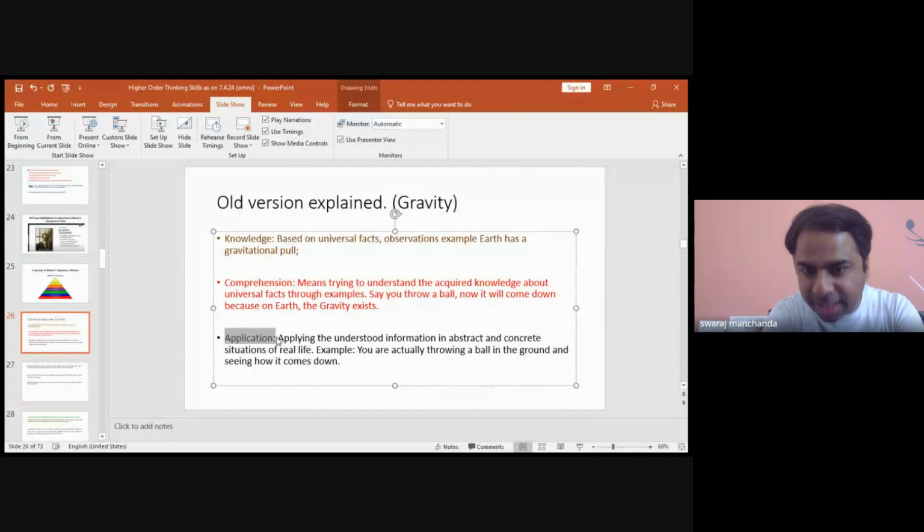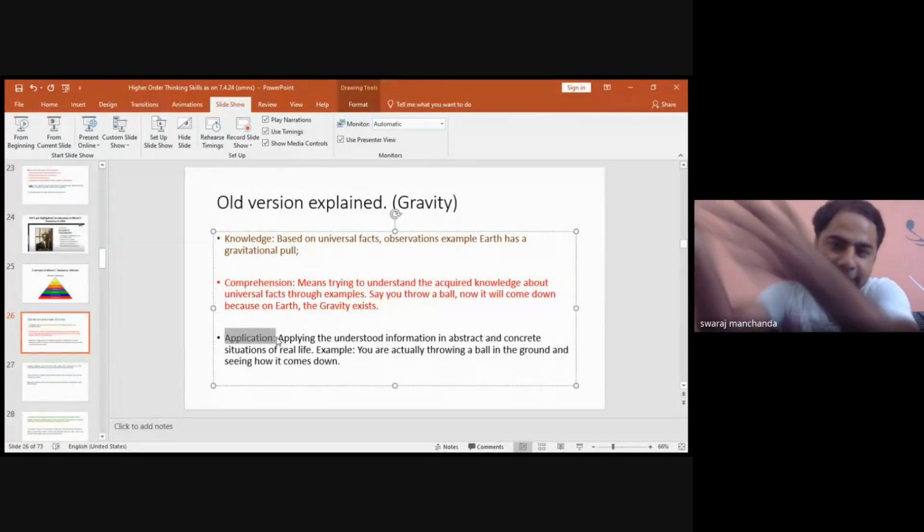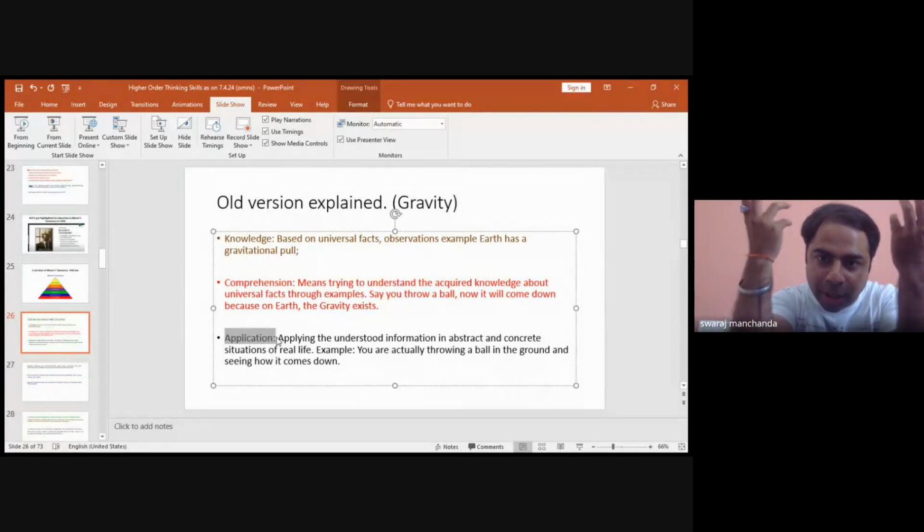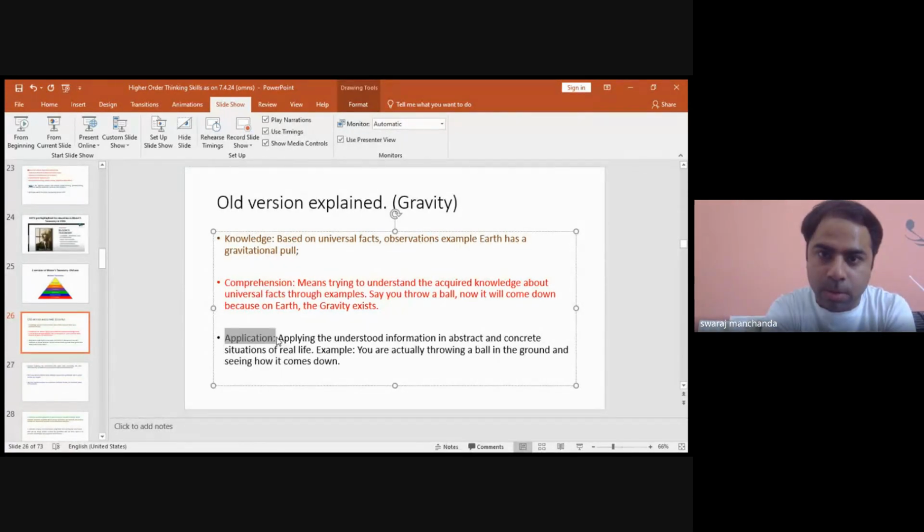You need to apply that knowledge and link it with real life. So take the student to the ground one day and ask him to throw a ball. Just one lecture you have to give. Or else you can simply give them a ball and do it in the classroom. If you can't take them to the lawn, the PT teacher won't give the period. Okay, take them into the class only. Take the ball, throw it, and let them observe. Yes, the ball comes down. Newton realized gravity through an apple falling. So we need to give that application.